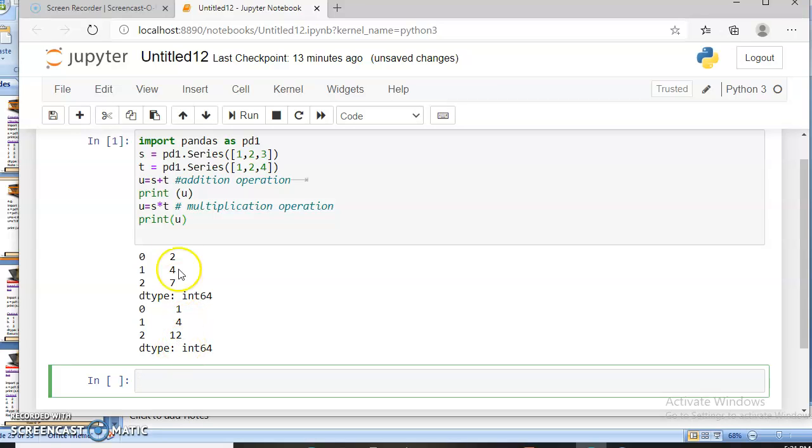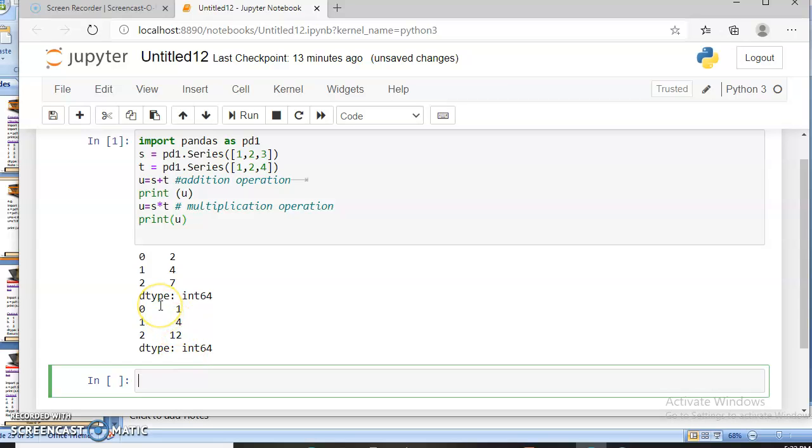Let's see how it applies the multiplication operation in both series. You can check here the first element of the S series is multiplied by the first element of the T series, so 1 into 1 will give 1, and 2 into 2 will give us 4, and 3 into 4 will give us 12.